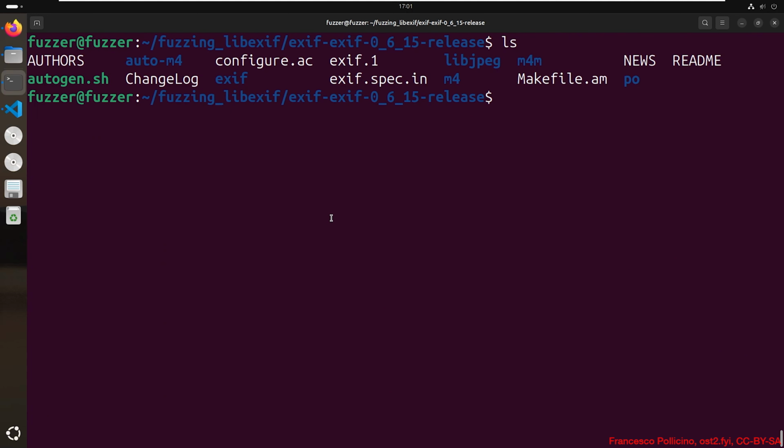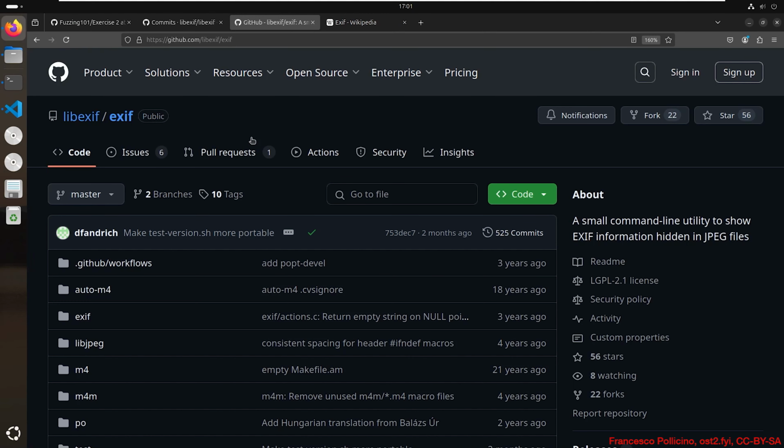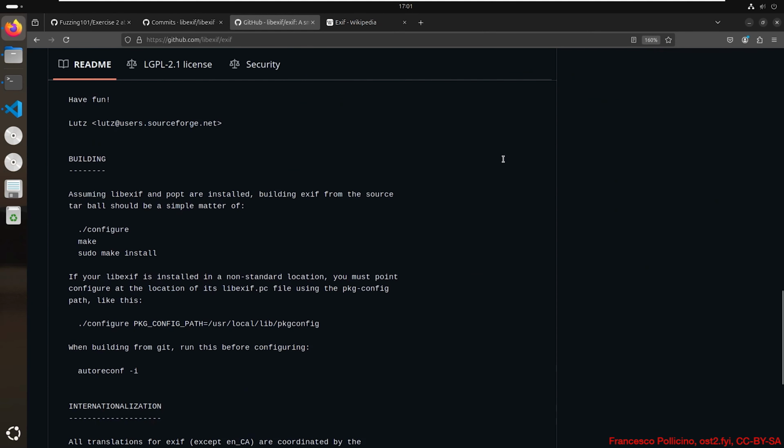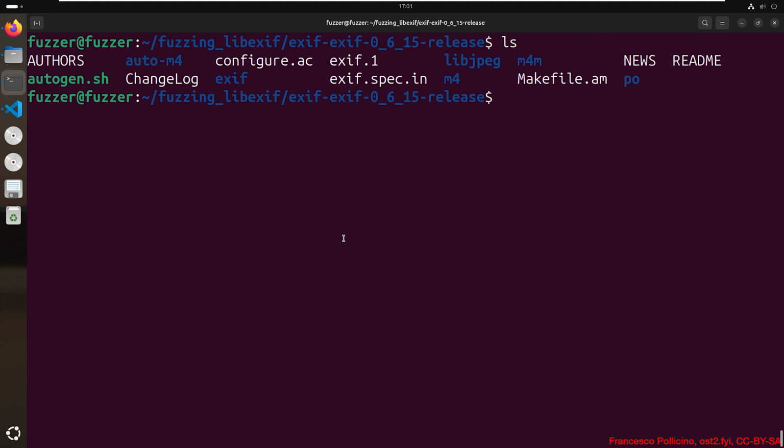And we go inside. Okay, how to compile it? We can go again to the documentation, in the README, and we see that the procedure is really similar to the previous one. So autoreconf.